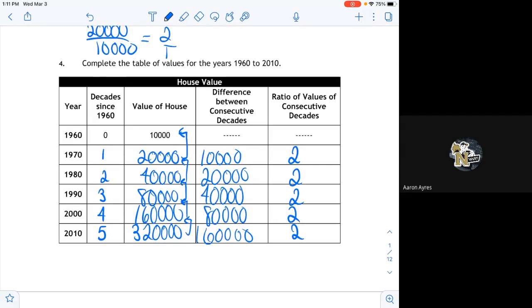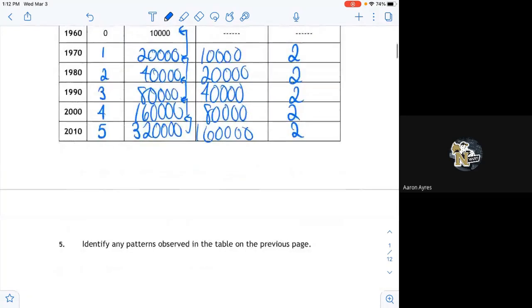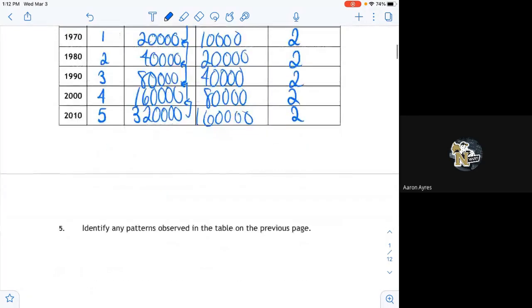Does that make sense that it should be that, because it said it doubles every 10 years? Yeah. Okay. But is the rate of change constant per decade? Is the increase the same amount each decade? No, it is not. Okay. So we just did number 5 verbally. Is everybody okay with that?